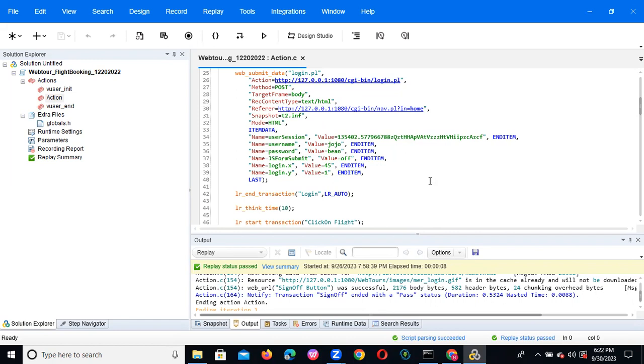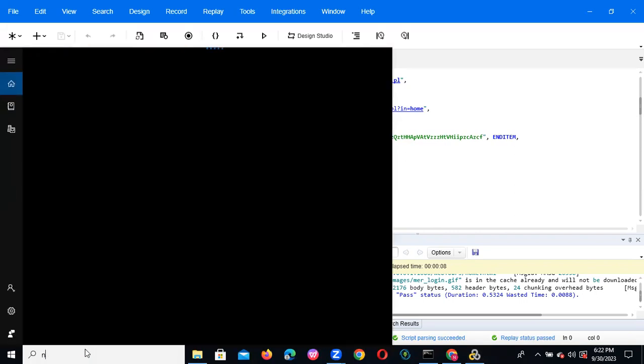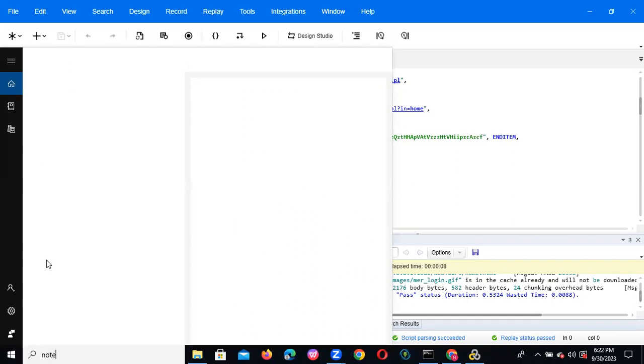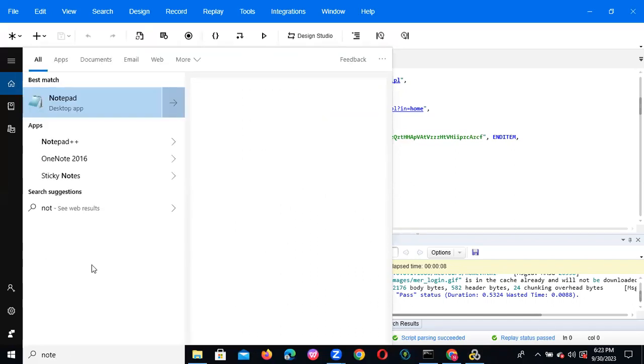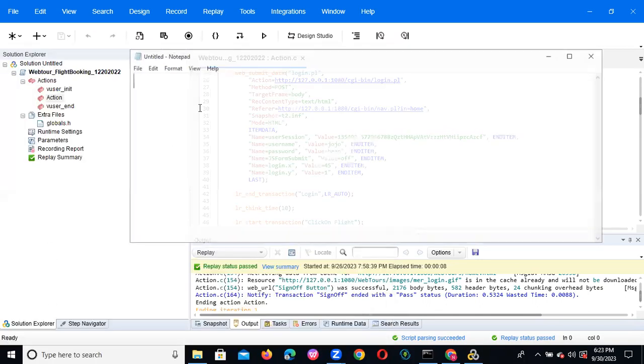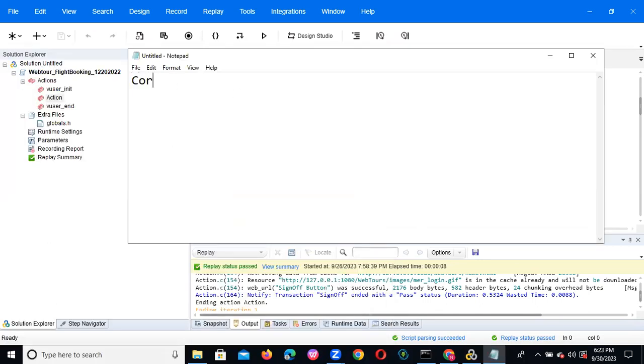Now we have one more concept called correlation. It is a very important concept. Our major job will be this only, because scripting is 99% this. Finish means if you have done the correlation, your scripting is 90% completed. So what is correlation? Correlation can be used to capture the dynamic values which are generated